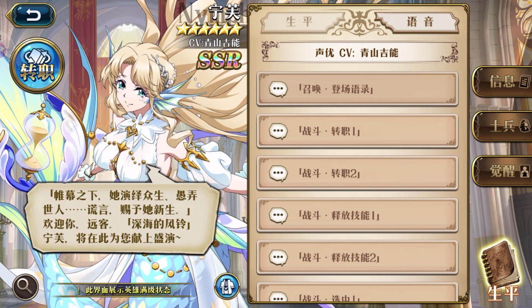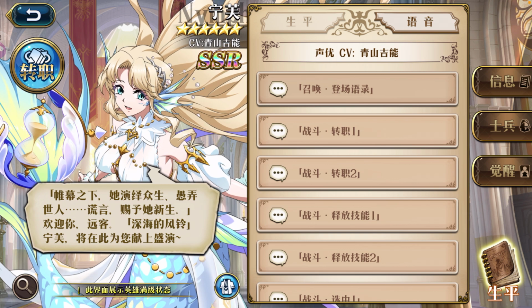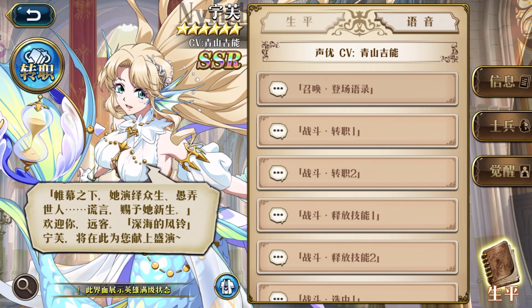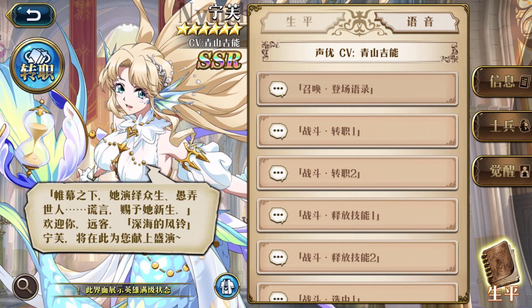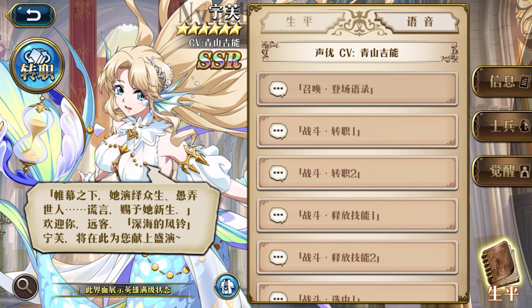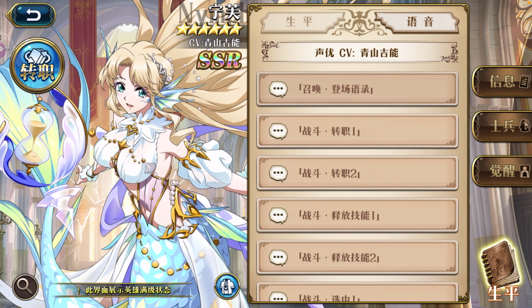カーテンの後ろで彼女は生きるものすべてを操り、世界を騙し、嘘で彼女に新たな命を与えた。はるばるお越しいただきありがとうございます。深海の風鈴、ニンフが極上のショーをお届けいたします。